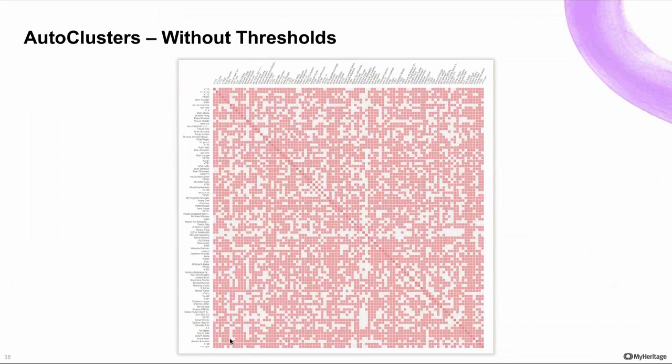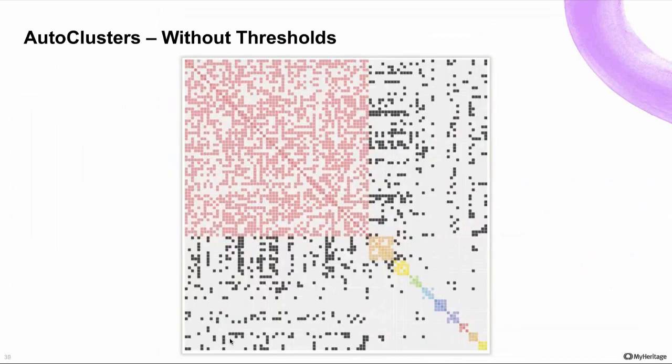So again, because I'm Jewish Ashkenazi, and my father and mother and my close family were pulled in, my brothers, for example, all the matches that I have, or at least most of them, are also matching my brothers. So when I took my brother in, now my brother is kind of ruining the breakdown of AutoClusters, because all of the people I match with are also all matching with him, and this ended up in one huge cluster. When we started introducing thresholds and setting the max a little bit lower, we start getting into things